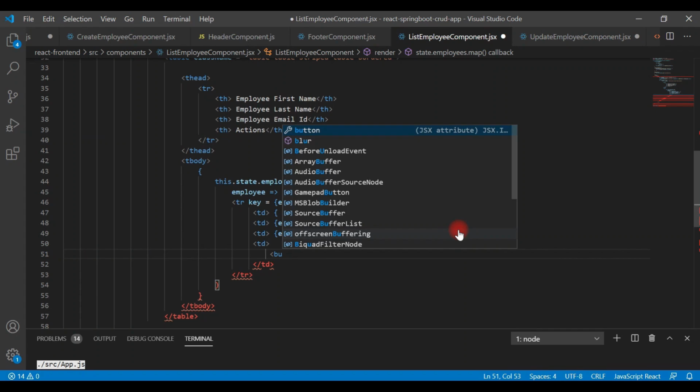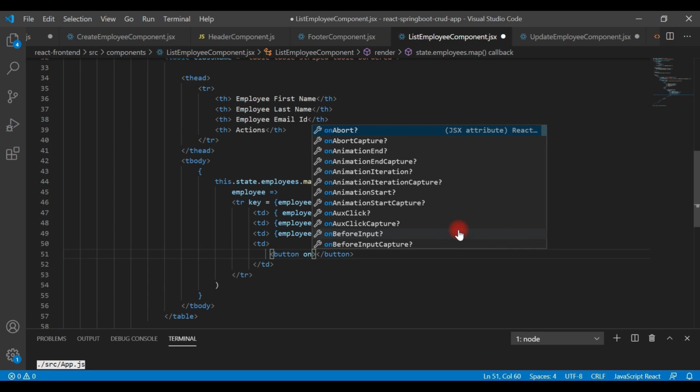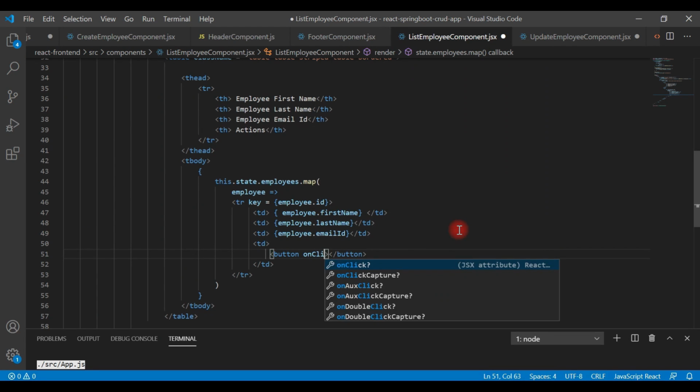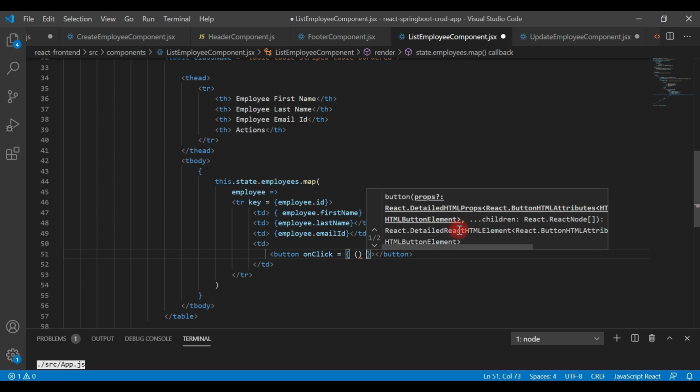It's button, in a button element let's add on click attribute, and then within the curly braces let's add an event handler. Let's add arrow function. So whenever we want to pass ID, then make sure that we have to use arrow